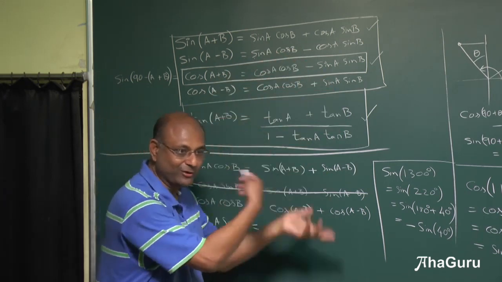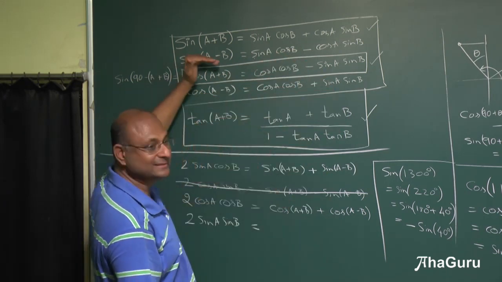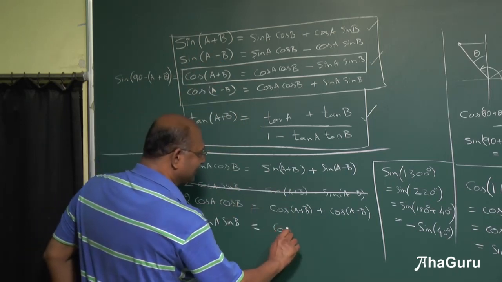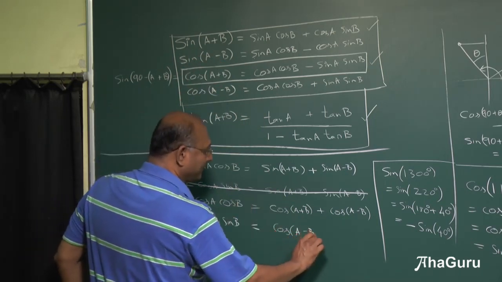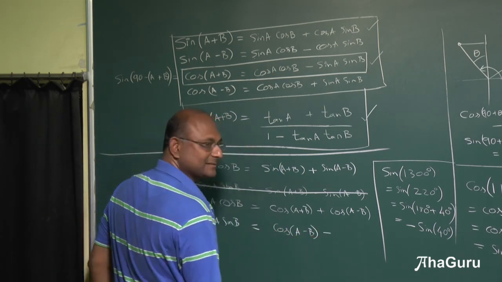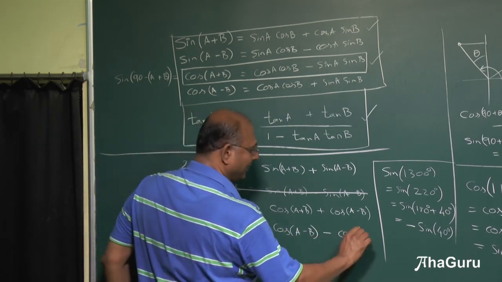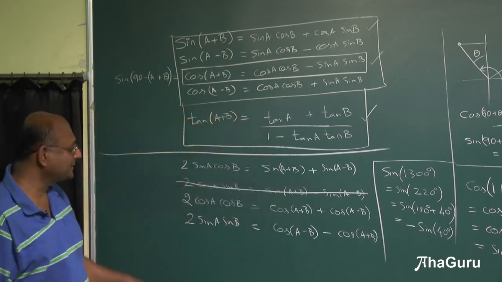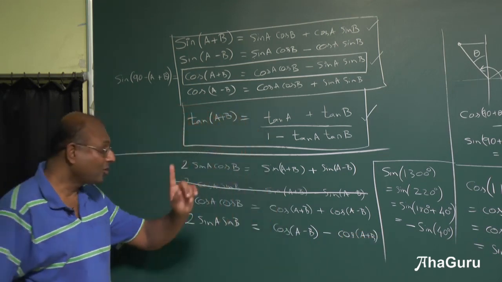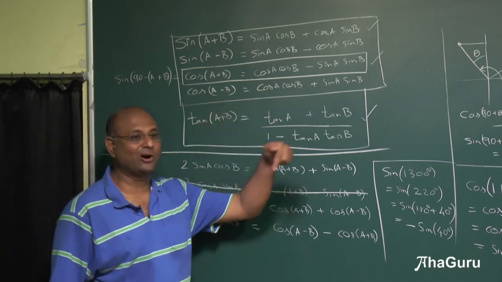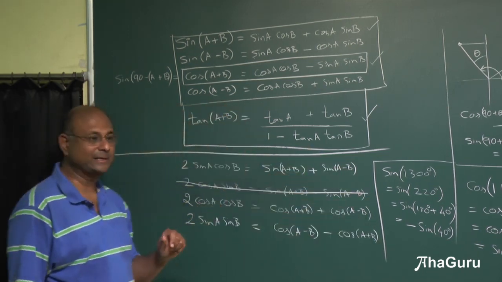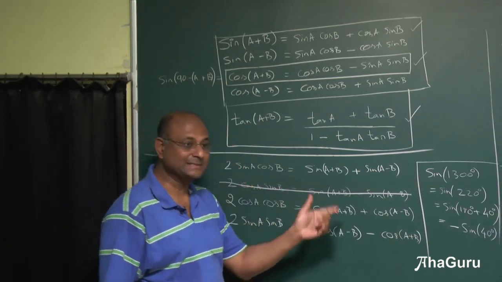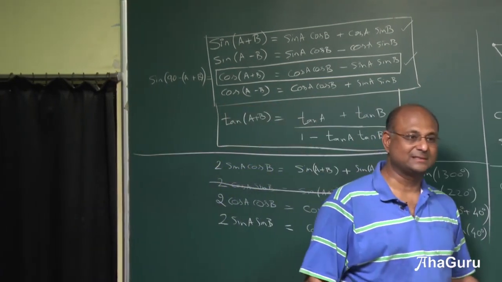And then you have to flip it around. Or why don't I just start by saying this minus that? That will also work. So just remember it is cos of A minus B minus cos of A plus B. So this formula alone has a small twist. 2 sin A sin B is cos difference minus cos sum. So the way you will remember it is 2 sin A cos B is sin sum plus sin difference.